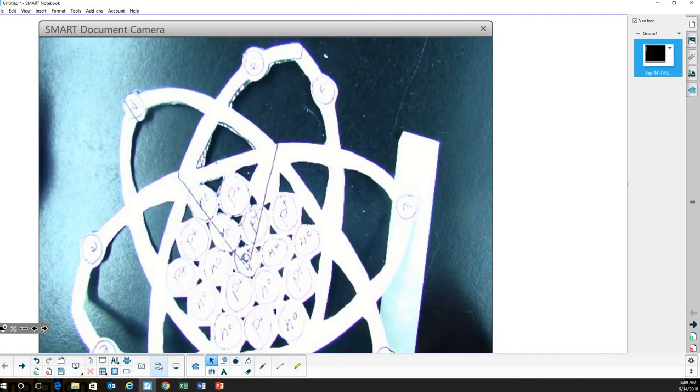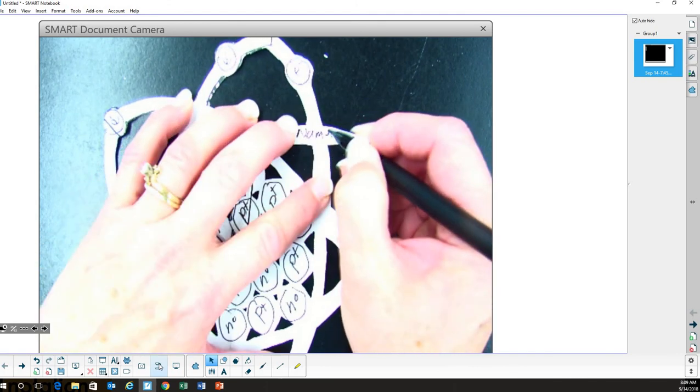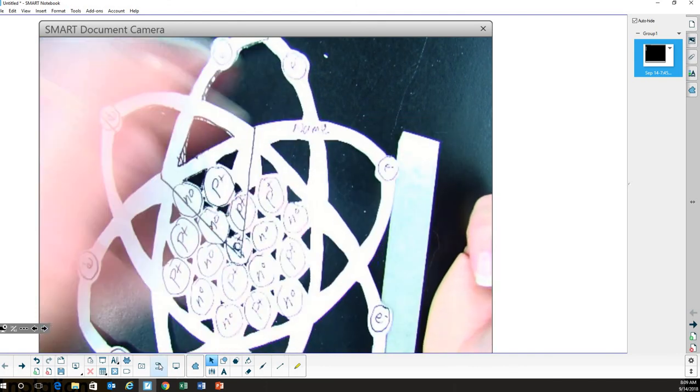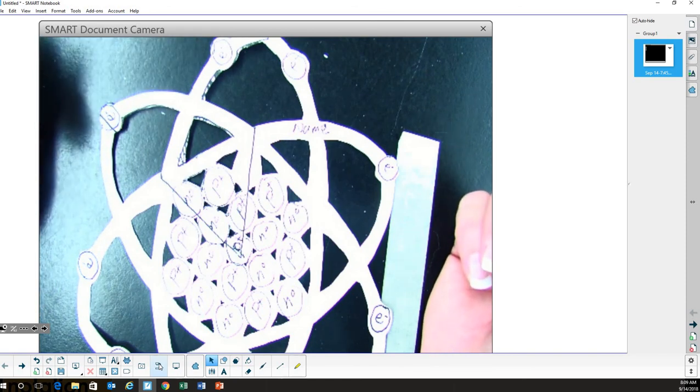Okay, once you got all that done, put your name on one of these, coming on around the outside. And we're going to put the isotopic nuclear symbol and the hyphen